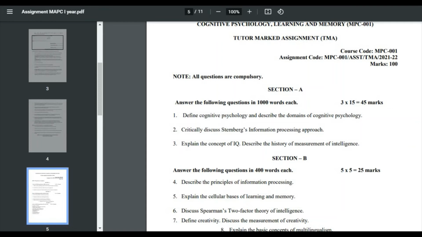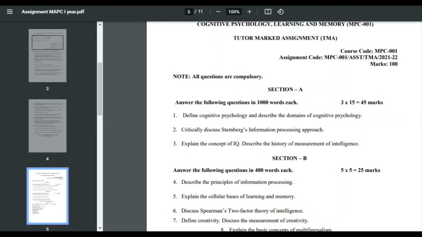written assignment. If you think that you can't visit your study center, you can also do one thing. You can write your answers on MS Word, convert that MS Word file into PDF format, and you can mail it to your study center on the said mail ID of your study center. So these are the 3 different ways to submit your assignment form.